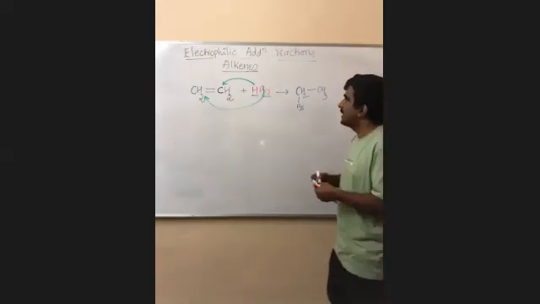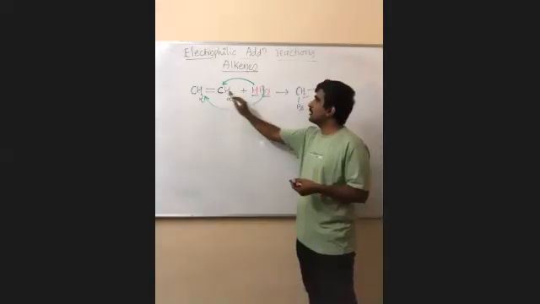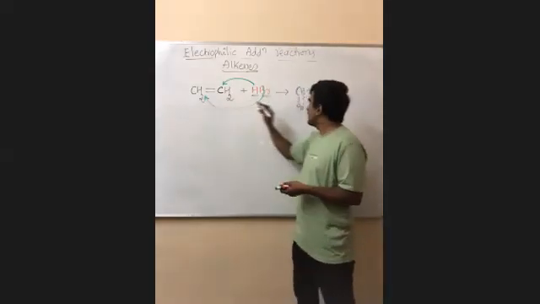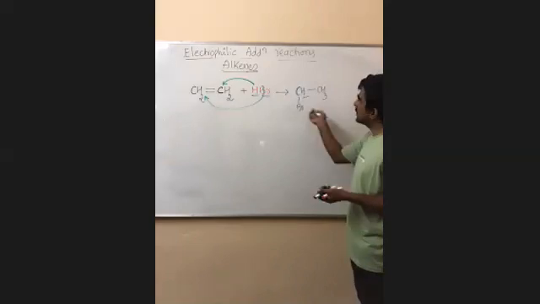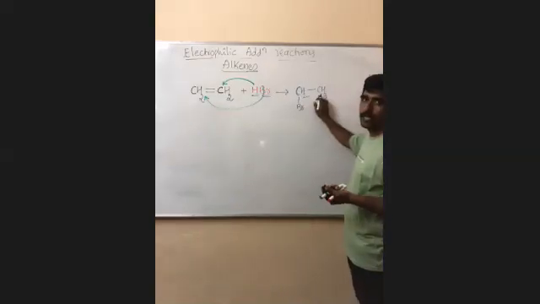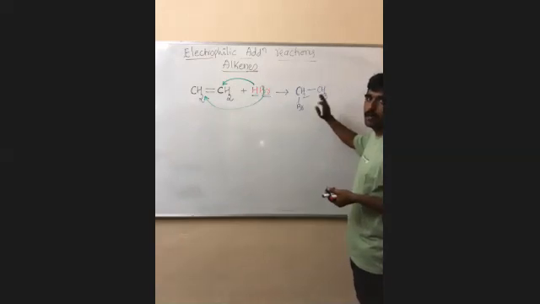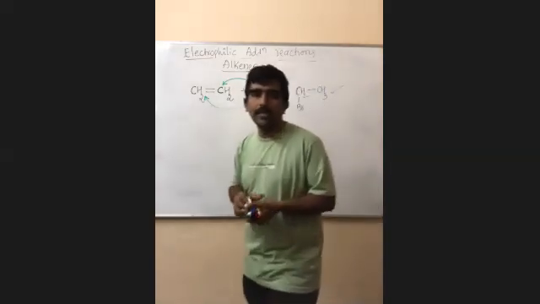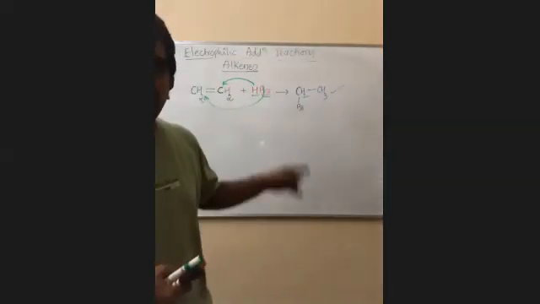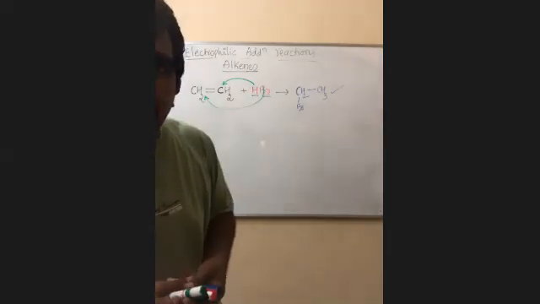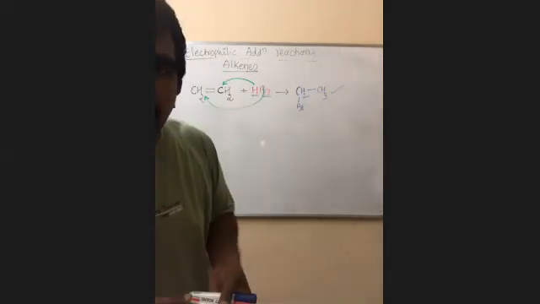Is it clear? Because say hydrogen is added to this one, this is converted to CH3. Bromine is added to this one, this is converted to CH2Br. Or the opposite, this is CH2Br. Both are the same product. So this is ethyl bromide, bromoethane. Understood? That means if it is a symmetrical alkene, you will get only one product.